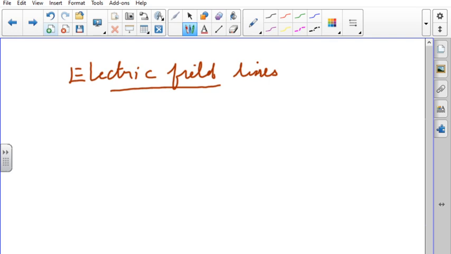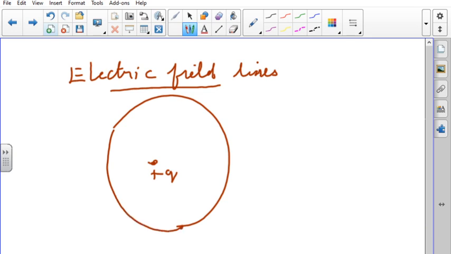In the previous part of the lesson, we have learned what is an electric field. Let us recall. If it is a charge plus Q or minus Q, there is a region in which its influence is felt. Let us take any point P. How will you find out the electric field at a point P? It is given by the electric field vector E, which is represented as F vector by q naught.